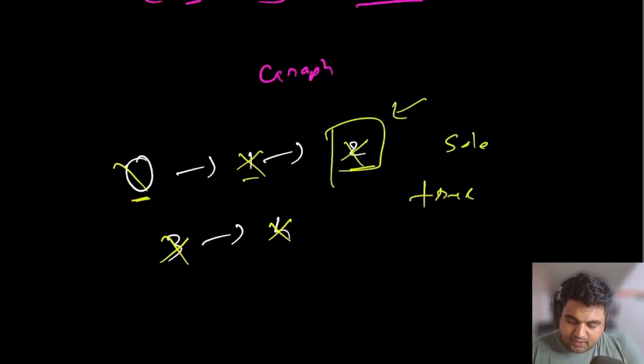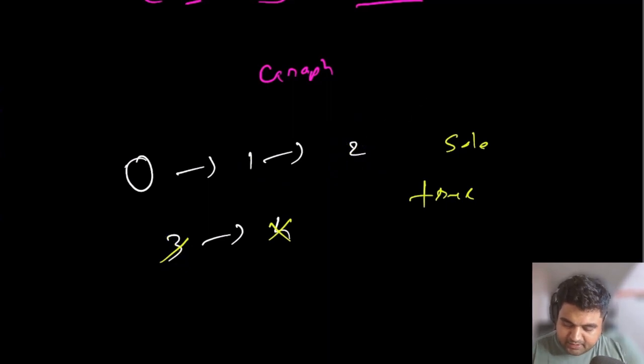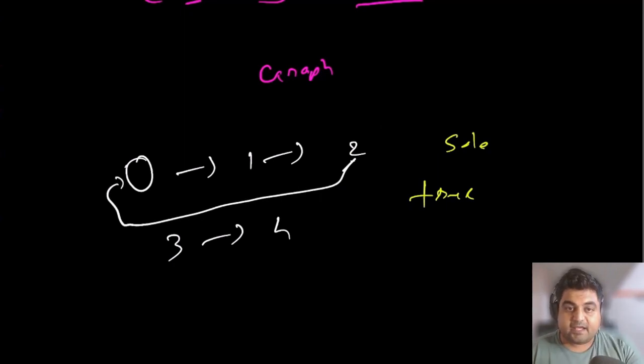But suppose we are given a scenario like this, that again we are given the same set of conditions, but we are just given a tricky scenario where in order to complete course number 2, say we will have to complete course number 0. In this case, now will we be able to schedule all the courses or take all the courses?